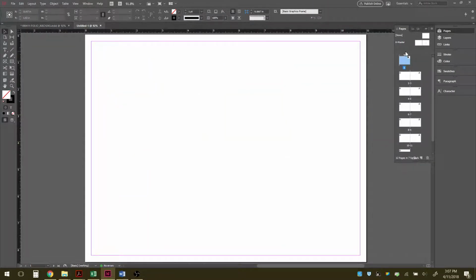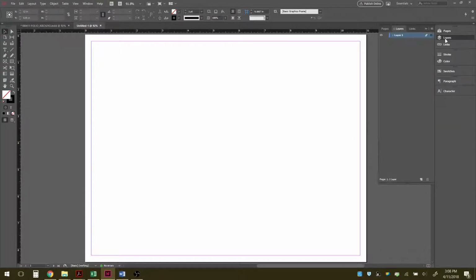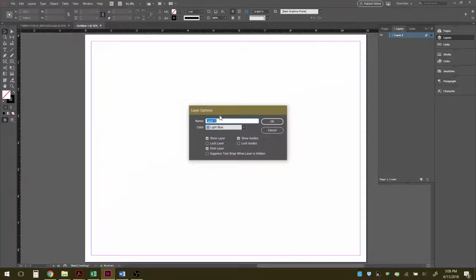Okay, so here to the right, you can see the pages that are laid out there. What I want to do now is just go ahead and set up my layers. So that's the default layer 1. I'm just going to set up a text layer,